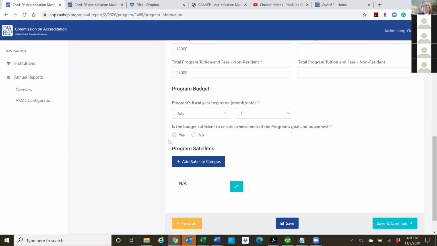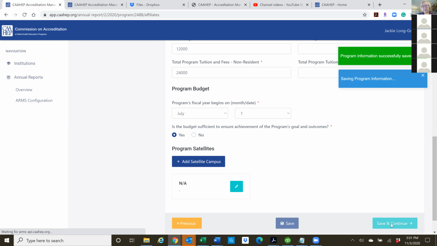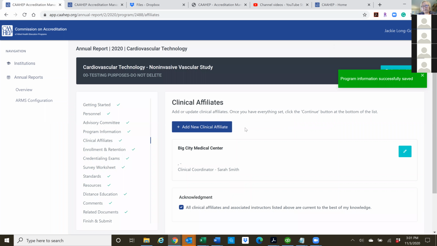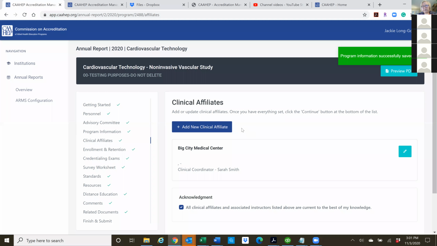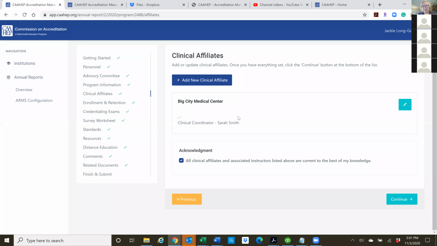Is sufficient. We don't have any campus. We don't have any satellites. Let's save. Perfect. Now it's saved, and now we can continue. So it was just being cranky. I'm not sure why that past one was having an issue, but it certainly was. So now everything is set.